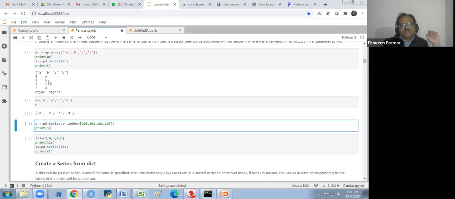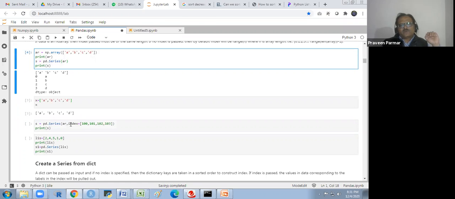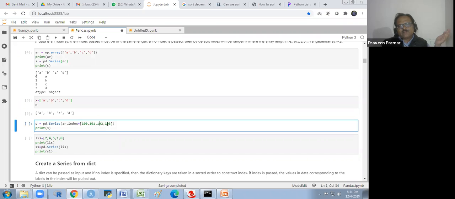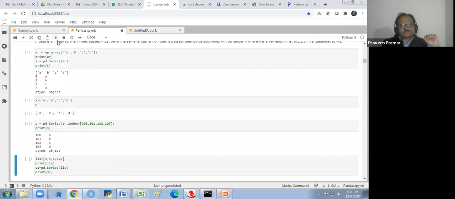Now I want to change this index 0, 1, 2, 3. So I will put one attribute inside with a comma. After the comma, index is equal to whatever index you want to give, or some strings you could also use for the indexing. So 100, 101, 102, 103 I am writing there, and I run this.